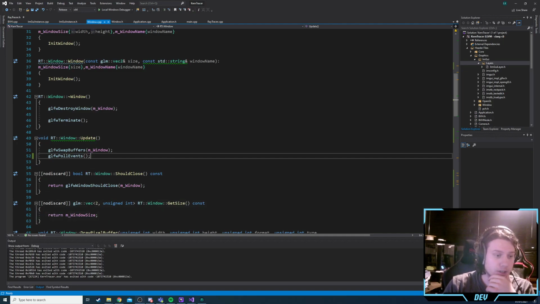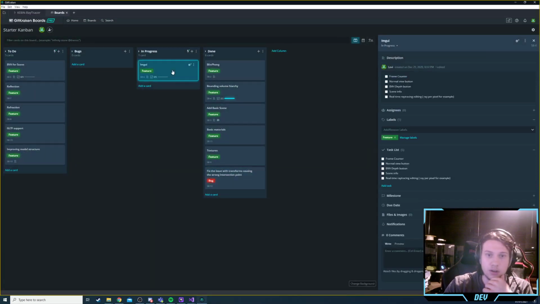Oh, actually, that brings me to a good point. What is GitKraken? So let's actually review in GitKraken. So we had ImGui added, right? With a frame counter, we have that. Then, wait. Why can I not complete this? Hello? Oh, okay, it just took a while to update for some reason. Okay. No, we haven't got the normal view. We don't have that either. We don't have scene info, and